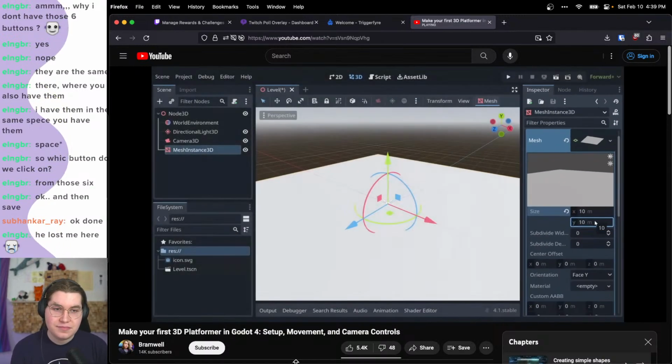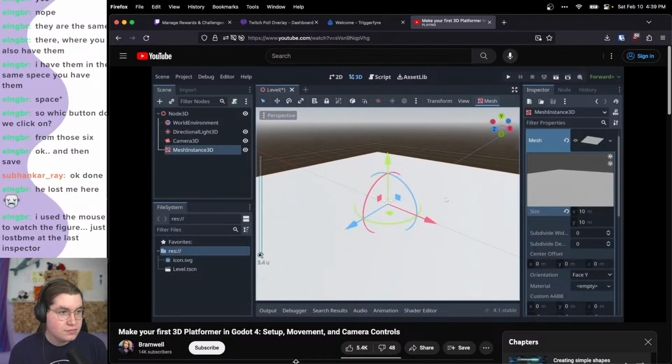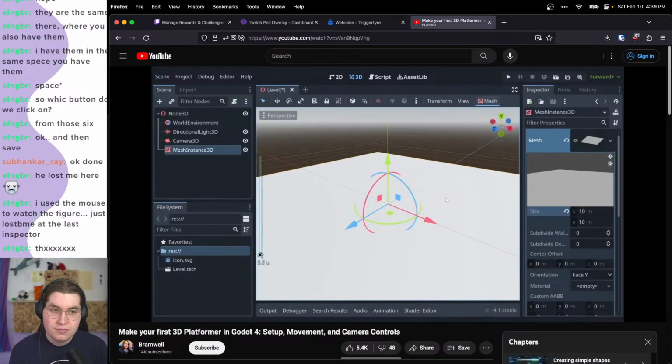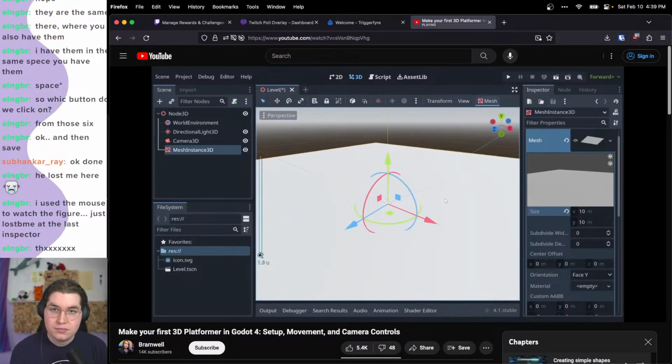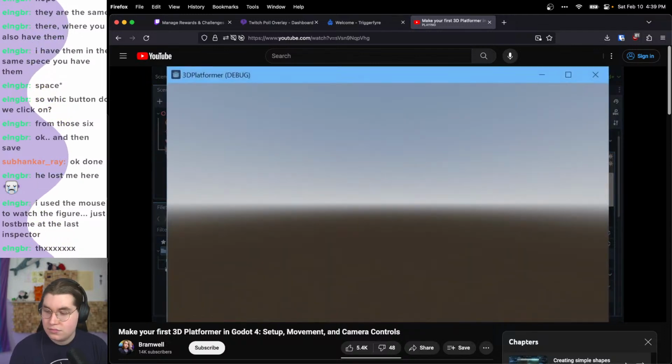While hovering the mouse over the viewport, you can scroll the mouse wheel up and down to zoom the camera in and out for a better view. Now we need to move our camera 3D node for a better view. If we run the scene as it is, we will not be able to see anything because the camera is